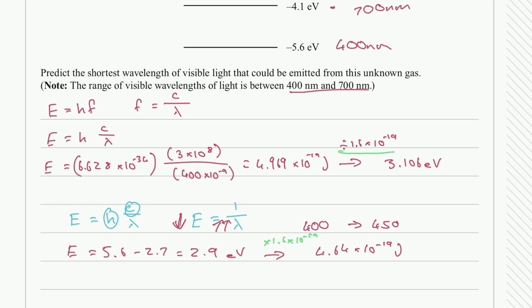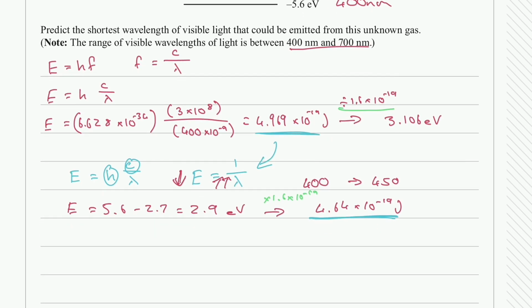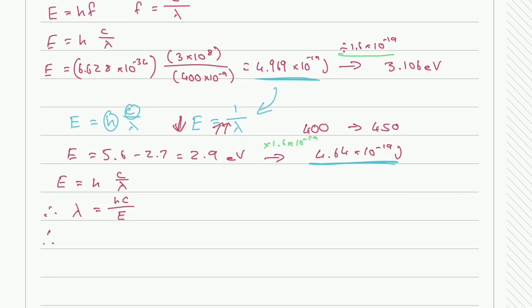And again, look at this: the energy here in joules is still less than, so it's following the rule we said. Now we've got to find out what the actual wavelength of that light is. Our formula before is energy is equal to hc over wavelength. We can rearrange that to wavelength is equal to hc over energy. Punching that all in, Planck's constant on top again, 6.628 × 10^-34, multiplied by 3 × 10^8, which is our speed of light, all divided by our energy, remember the one in joules because Planck's constant has joules as one of the units, 4.64 × 10^-19. Punch that into our calculator,